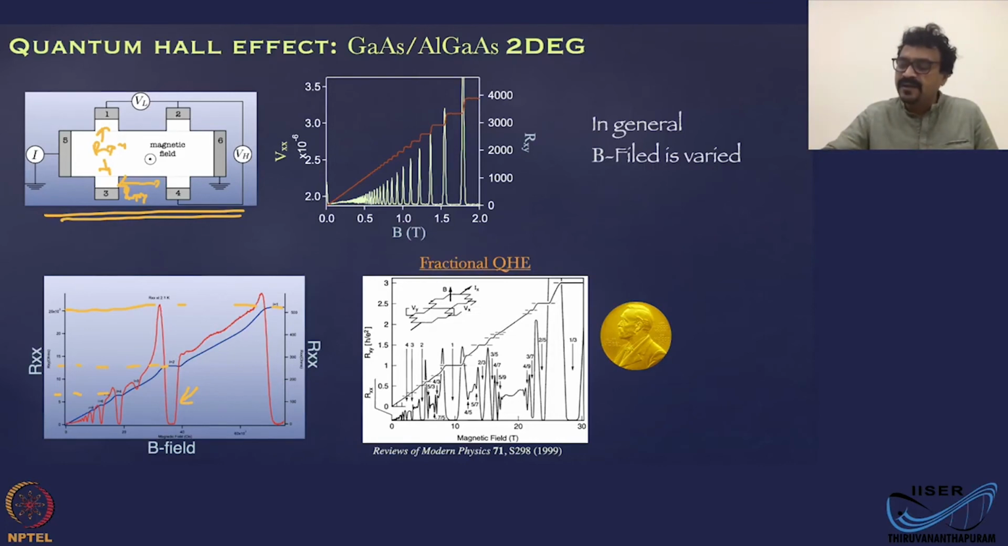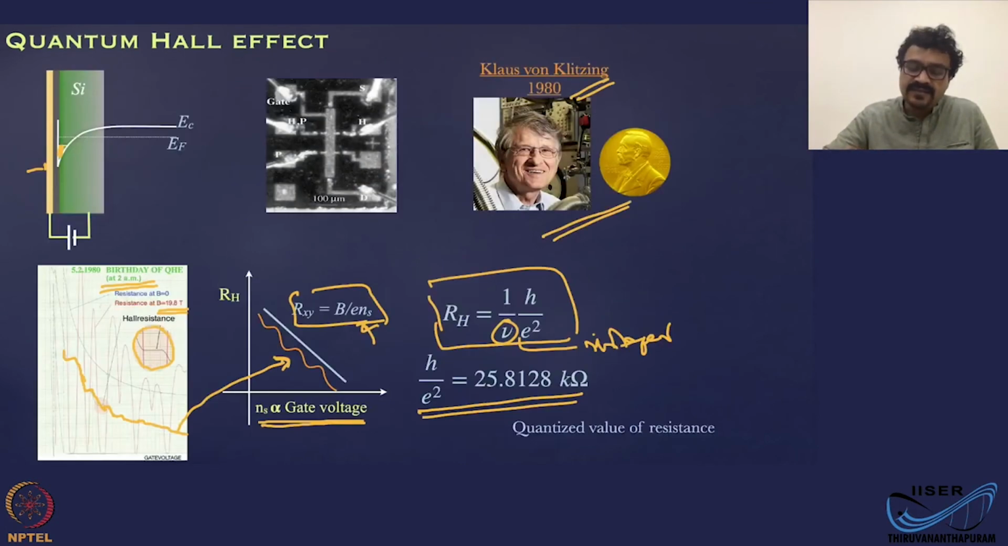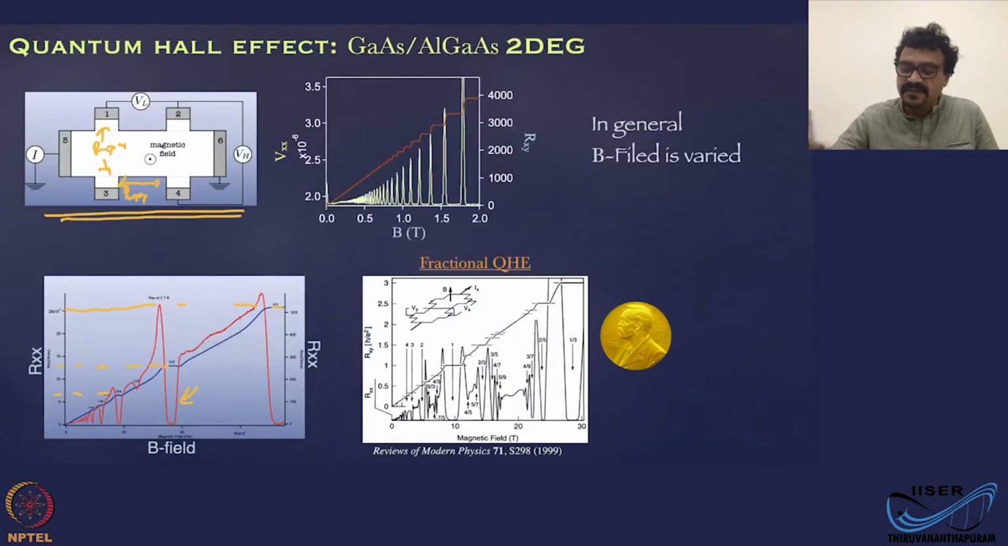Okay, now the difference here is, in this case we have varied the carrier concentration by fixing the B field. In this case we have fixed the carrier concentration but varied the B field. But anyway, the ratio between the magnetic field and the carrier concentration is what we have varied. Okay, now